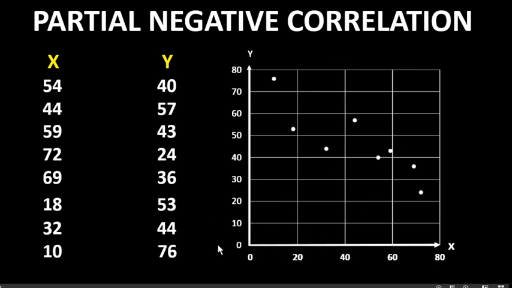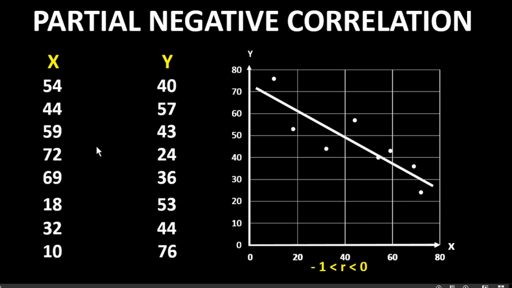These points are not collinear, so we have to draw such a straight line from which the distance of all these points will be minimum, and such a line is drawn on the screen. If this type of situation is there, then we can say that there is partial negative correlation between two variables, and in such a case the value of r will always be between -1 and 0. Hence, in this way, we can define all the types of correlation with the help of the scatter diagram.